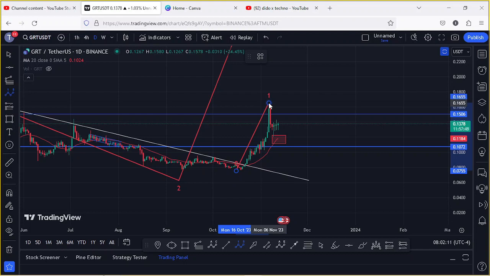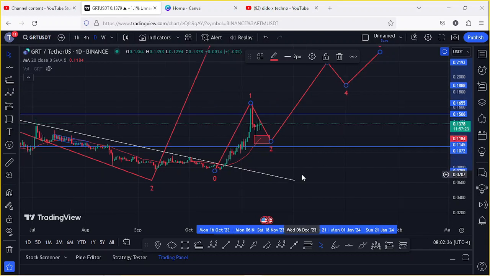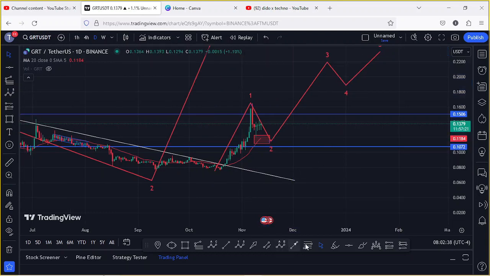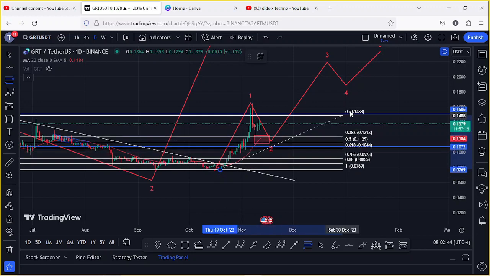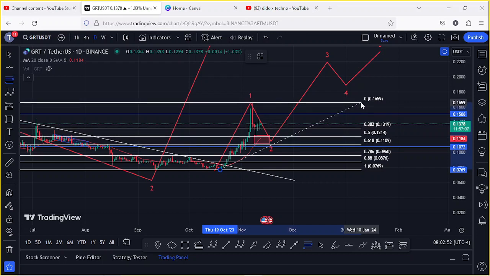And there are high chances that we are still in a pullback movement in the formation of this wave 2. Once we have a low in place for the second wave, we can expect another bounce back to the upper side in the formation of this wave 3, then expect a wave 4 and then a wave 5 to the upper side. The minimum target areas for the second wave can be given by connecting the Fibonacci from the low of the first wave to the high of that wave 1, giving me a minimum pullback target area between the Fib